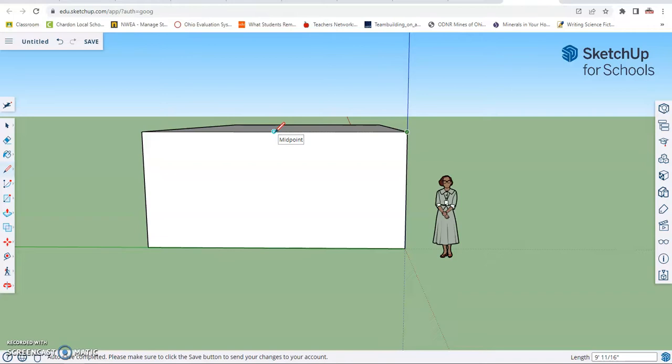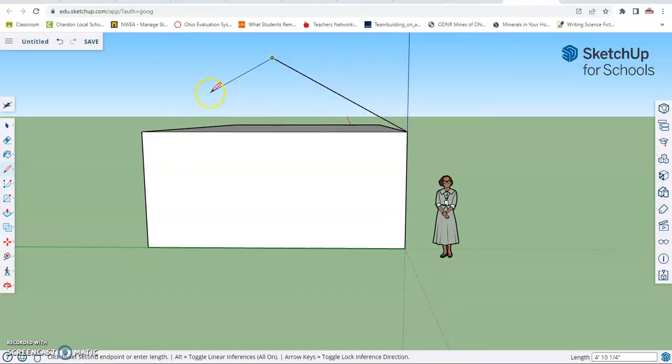Now don't click yet, but start moving your mouse straight up from the midpoint. It takes some practice, but if you move it straight up, you should get a faint dotted blue line. If you're not getting the blue line like this or like this, that means you're off. Go ahead and find your midpoint again, and then just slowly start moving up. That's telling SketchUp you want this to be lined up with that center. And let's make a pretty big angle, close to a 45-degree angle, and then click once and let go,